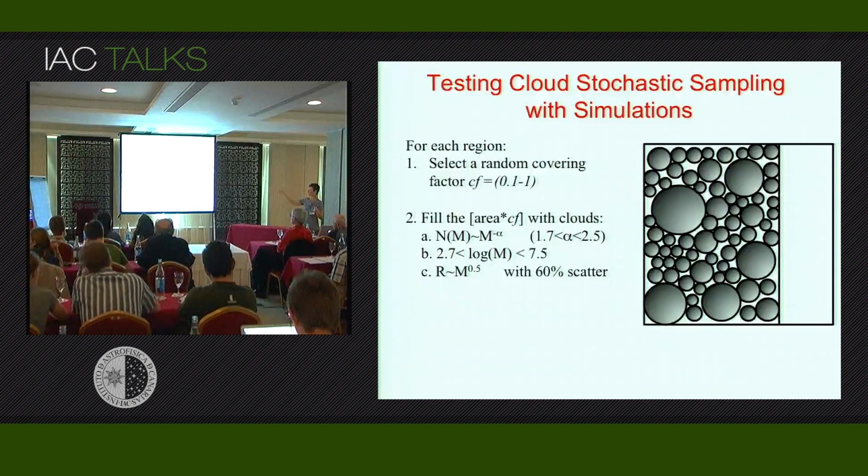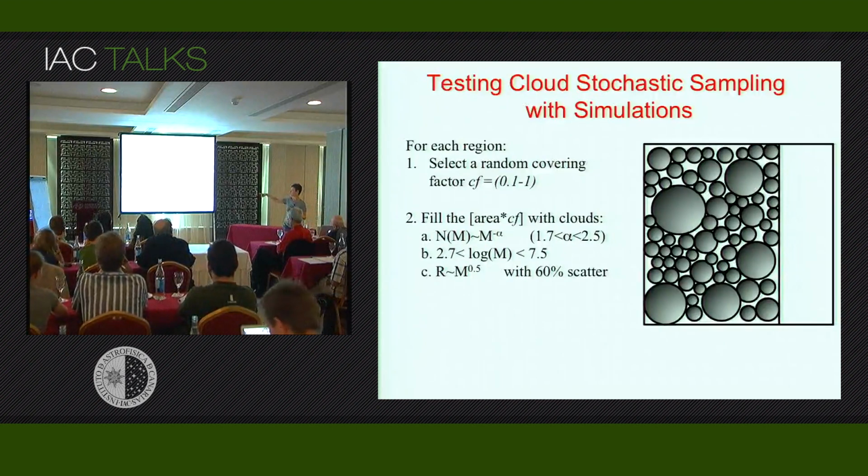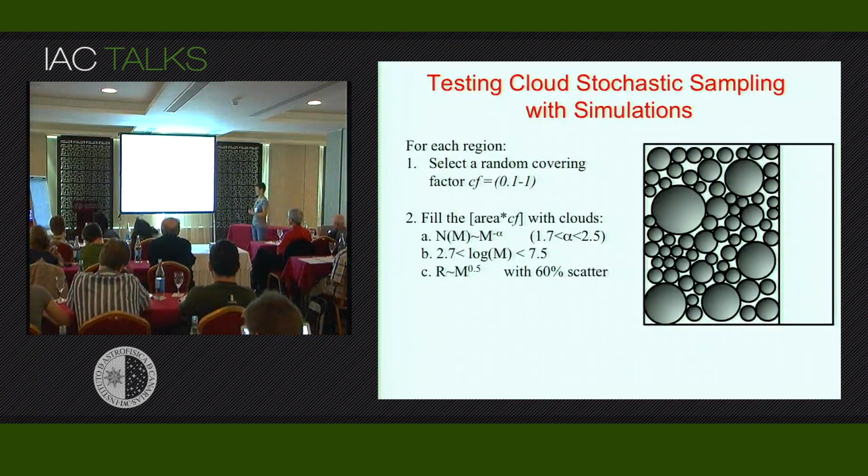Let's choose a random box in a galaxy, okay? And let's start filling it up with clouds. First of all, we know that typically the covering factor is small, okay? So we choose a covering factor between 0.1 and 1, giving preference to the small covering factors. So you have a function that describes the covering factor, and then you cover that area with clouds. Now, in my simulations, this area is homogeneously covered with clouds, which are randomly sampled from a mass function, but here I ran out of fantasy and decided to draw clouds, so this is as many as you get.